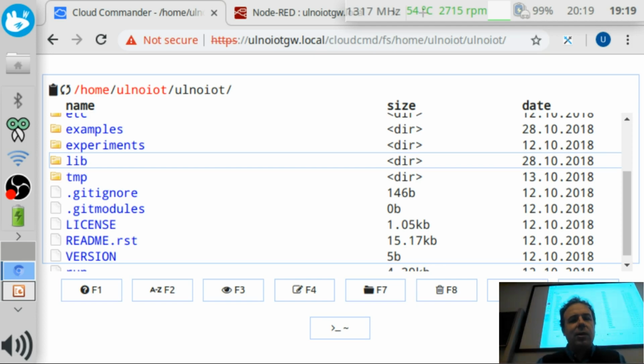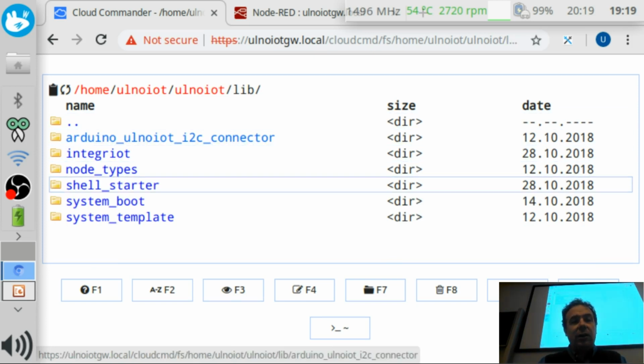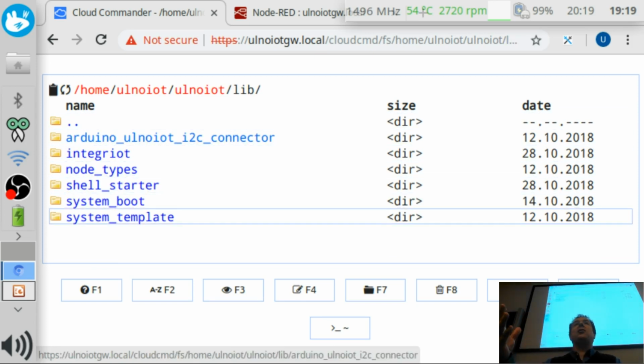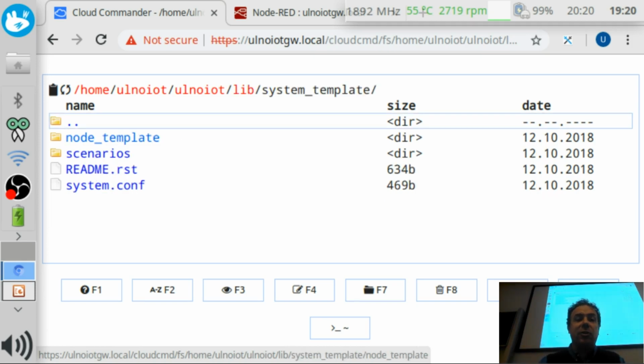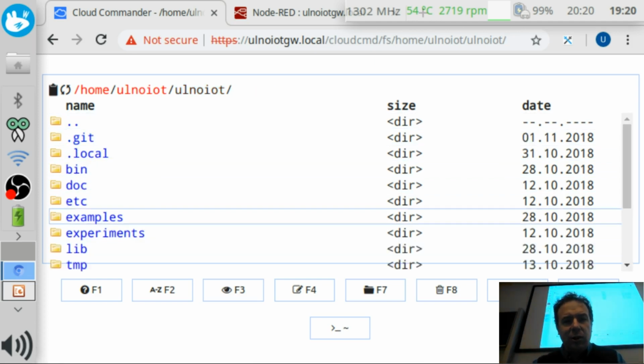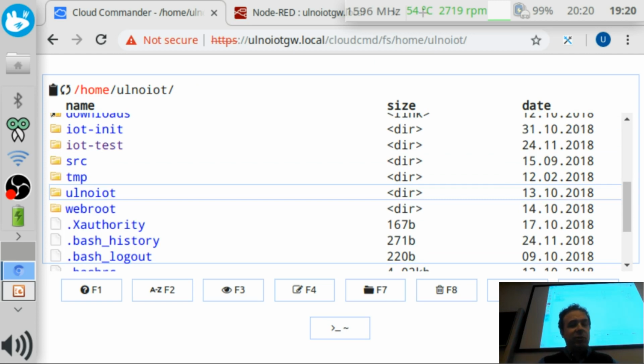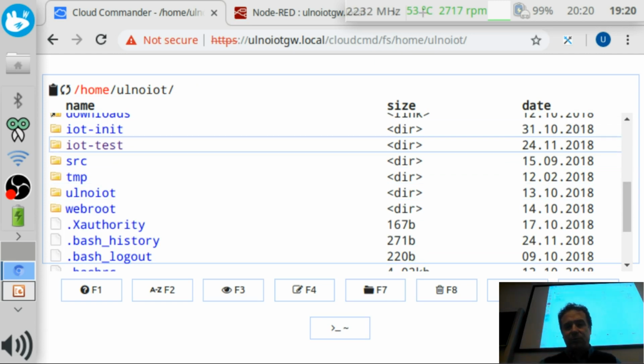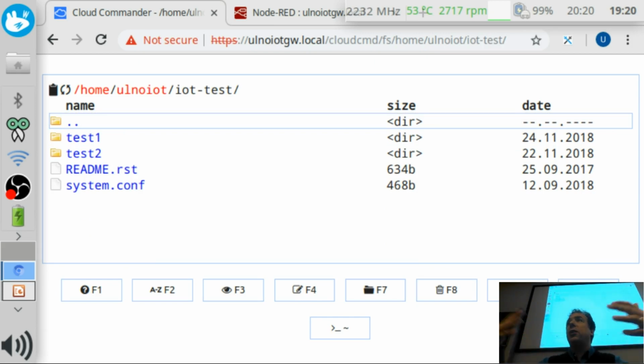From there, you usually take a system template from the library folder. The idea is you have your whole system you build described in a folder structure in ulno.IoT. In the system template, there are several nodes. I already created a system template for you, this IoT test, where you can also jump in directly. This one has 3 nodes. I will actually delete this one node, because these are the 2 devices which I have set up here, test 1 and test 2. But I will show you how you actually create a new device, flash it and get started. So for this, you have to go into